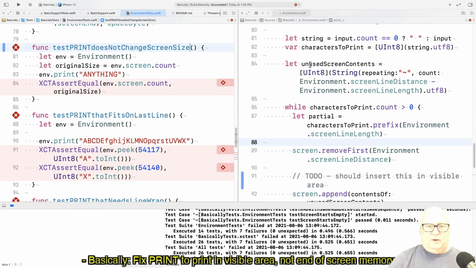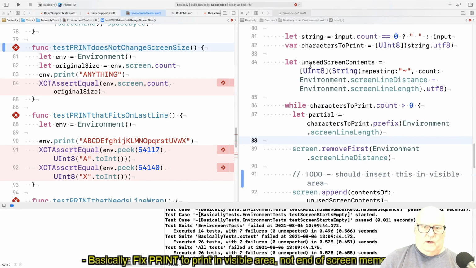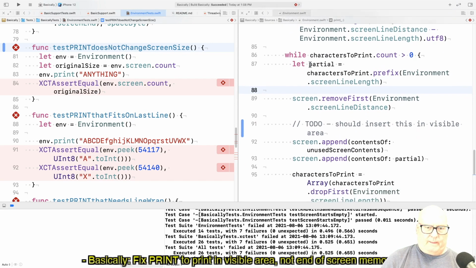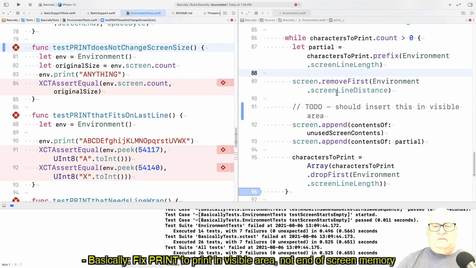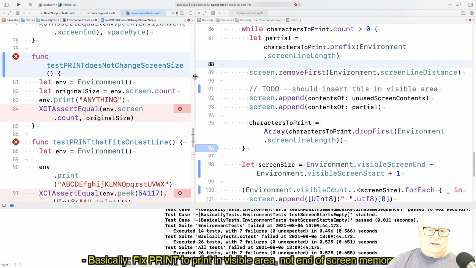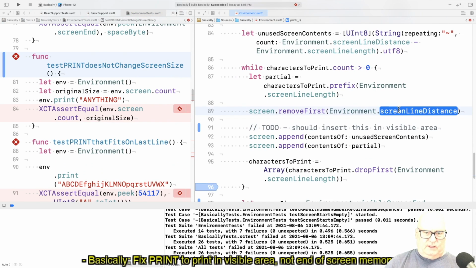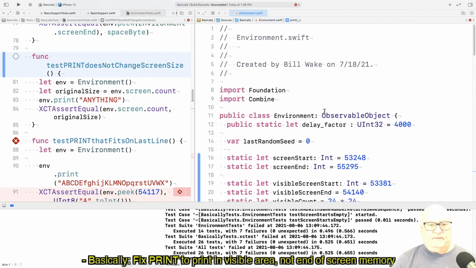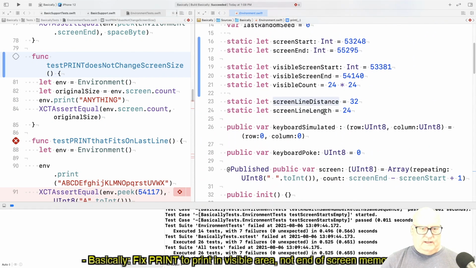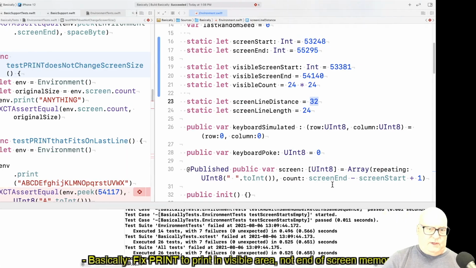Okay, so what I want to do, remove first environment screen line distance. So that's saying chop off the front line. Okay, and screen line distance, that should be 32. Well, screen line distance 32. Okay, so if I go back to the picture,